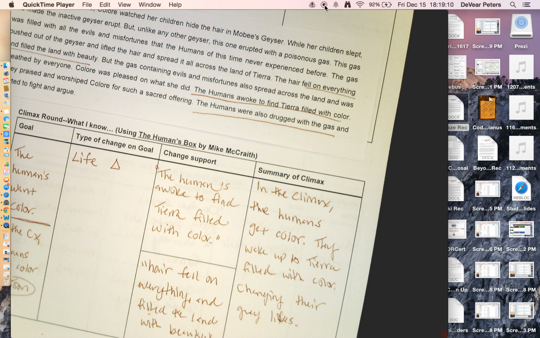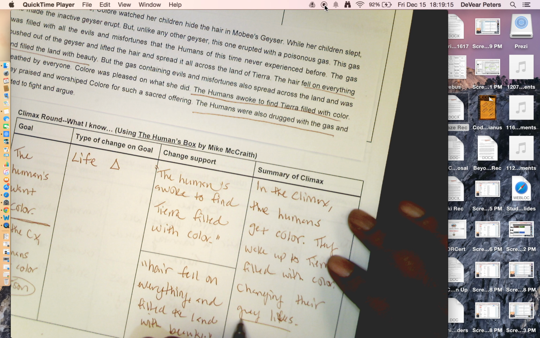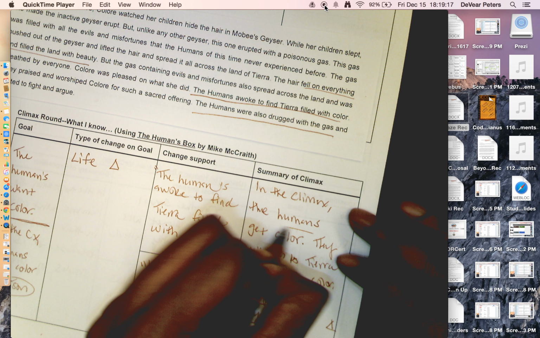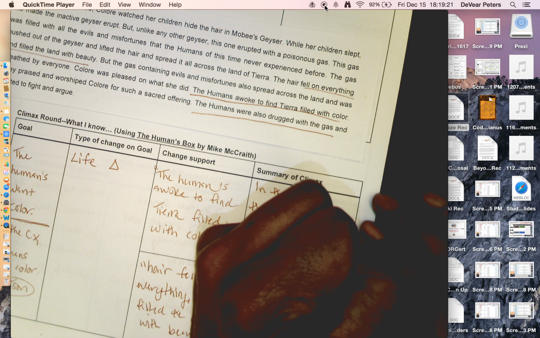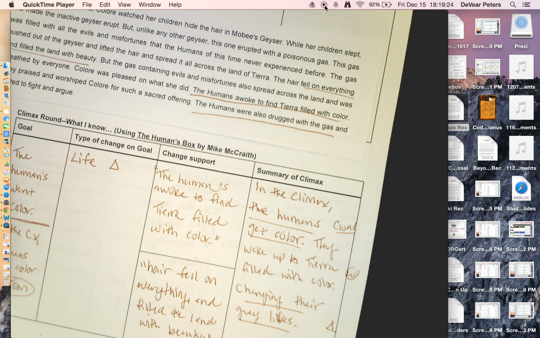Or I would say changing their dull lives. But you want to make sure you also get in the change. So we have a change there. We have goal here. And then we have some evidence here. So you got all three things. This could easily be in the climax of humans' lives change when they get color, when they wake up to see color